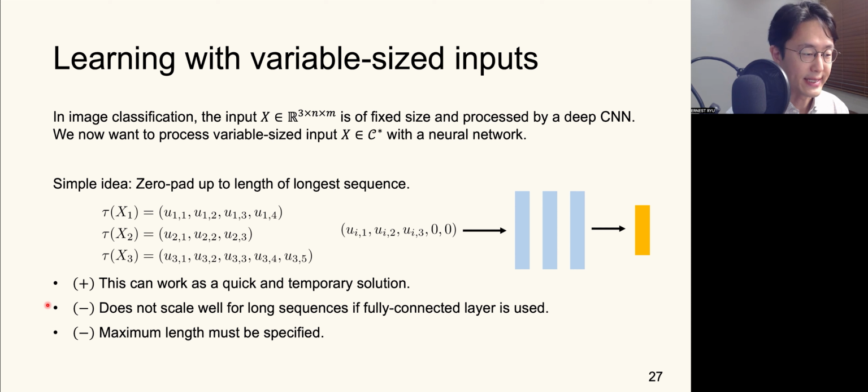So one downside is that this does not scale well for long sequences if we're using fully connected layers. This padded input sequence will have a certain length. If we process that with, let's say, a fully connected layer, we would have to process a very long sequence with a fully connected layer. That's a lot of computation. That's also a lot of trainable parameters. So that would be inefficient. Another problem is that this approach requires the specification of the maximum length. So if we have an input sequence that is longer than that set maximum length,